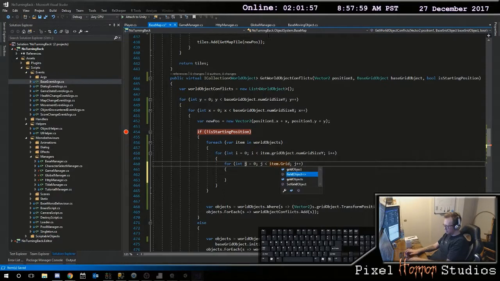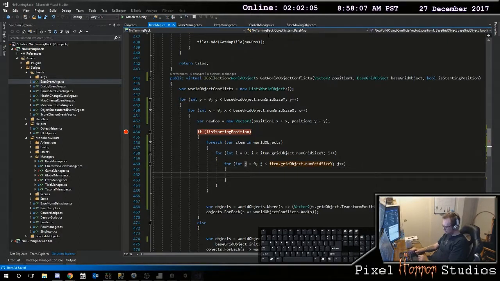Item dot grid object dot number grid size y. Var new position equals